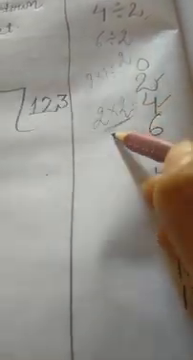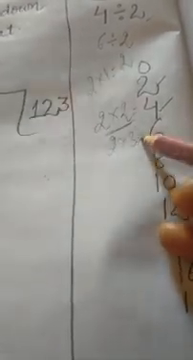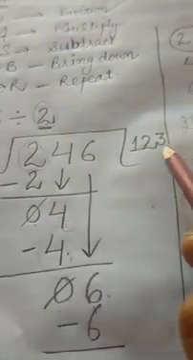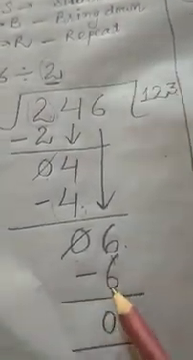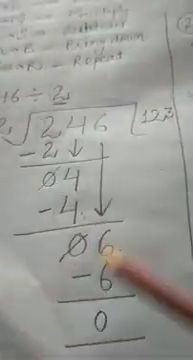Yes, 2 zeros the 0, 2 ones the 2, 2 twos the 4, 2 threes the 6. Here we have done multiplication. 2 threes the 6. We will write here 6. Now next step is